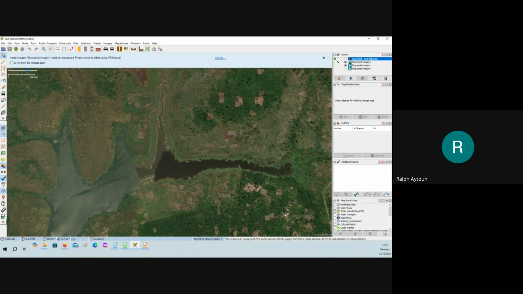Let's just see if I can stop sharing. Okay, back to Geoffrey. Yeah, thank you very much, Ralph. That was really awesome to see. And I think it just stresses the importance that when mapping waterways, we have to be extra careful. So I'll just go ahead and share my screen